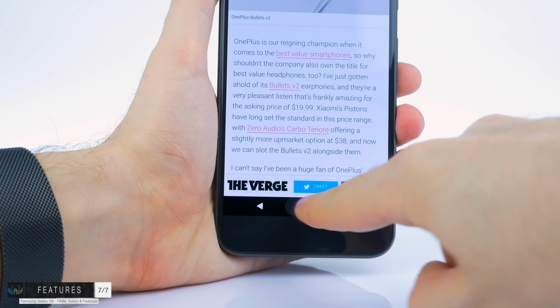And then the second big change is that you would actually get haptic feedback when you press those buttons. And those buttons will also be able to be customized and rearranged. So for example, if you wish, you could have the back button on the left instead of on the right like we have on all Samsung models.